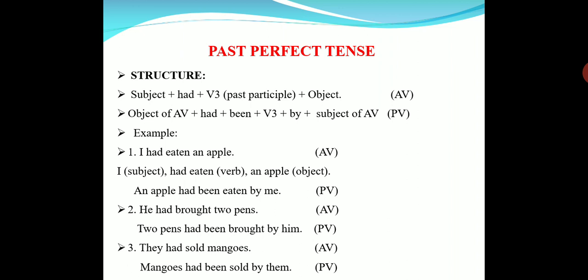In the same way in the continuous tense, am, is, are are used in present continuous and was or were is used in past continuous. In simple present and simple past also the same. In simple present we use am, is, are, and in simple past we use was, were. Okay, is it clear now about past tense? Now let us move to future tense.